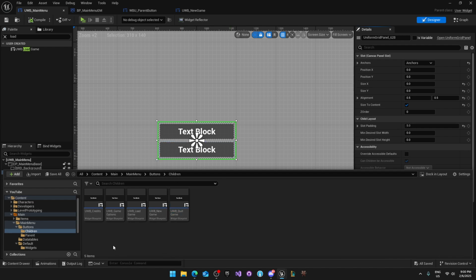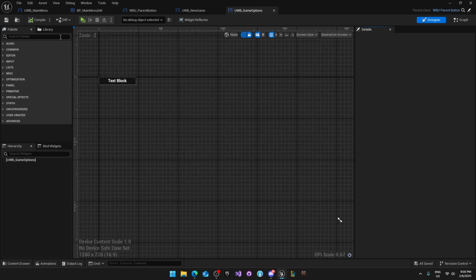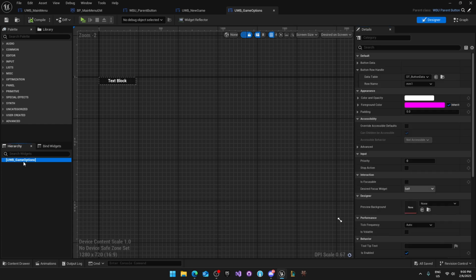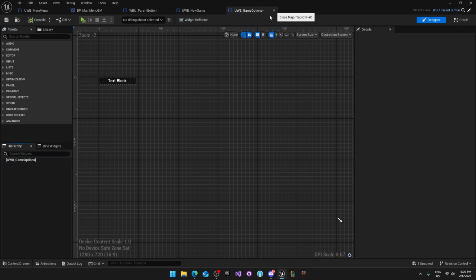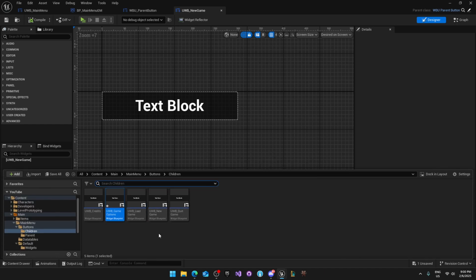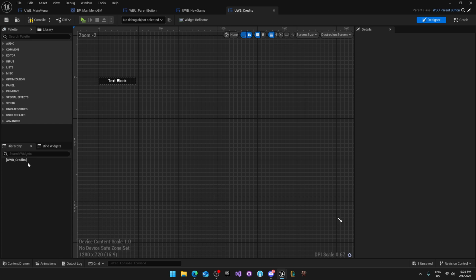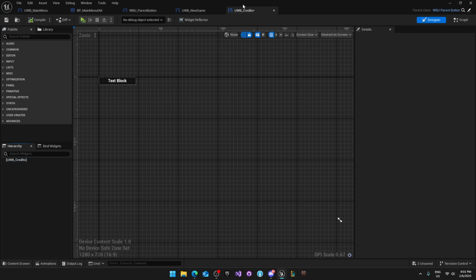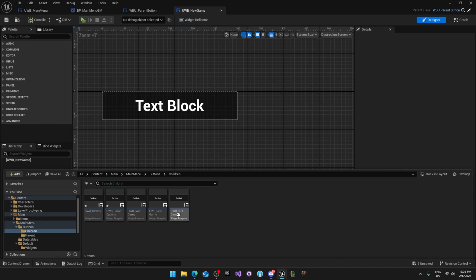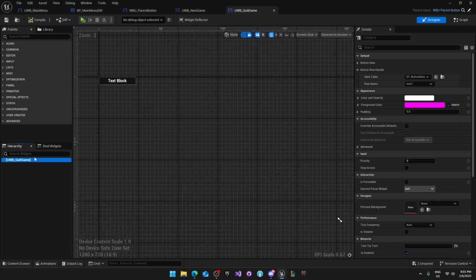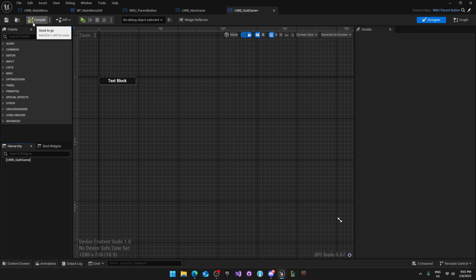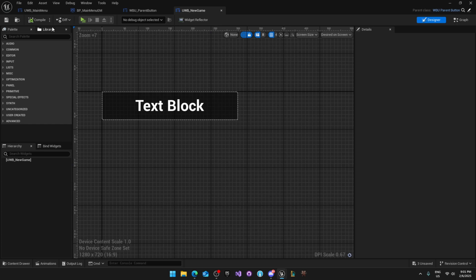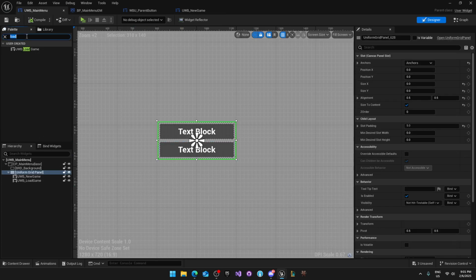All right. So we have load. We're going to go with the game options. You're going to open that up. Same thing. You're going to click on the actual information over here, and we're going to set this to MM2. Just close. We're gonna go into credits. Click on this. Row name, we're just gonna go with this one. Compile, close, content browser, and we have one more, which is quit game. Click on it, and this is MM4. Compile, close. Now let's go back into the main menu, and we're gonna search for game